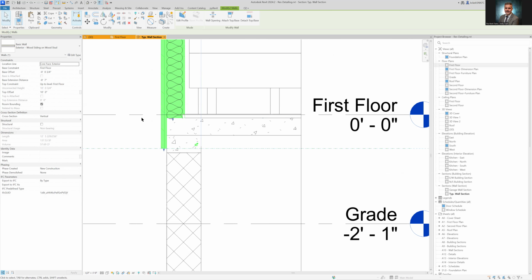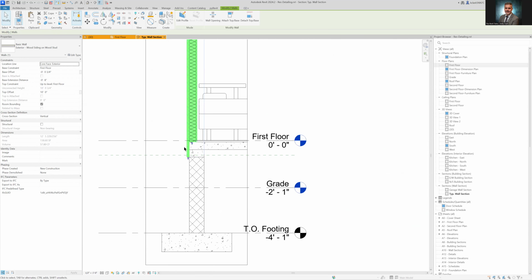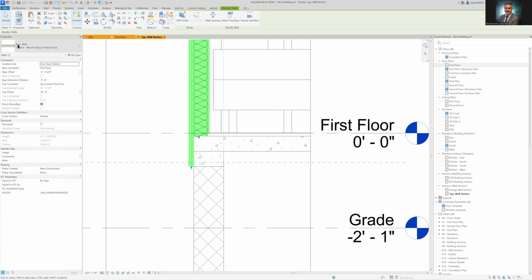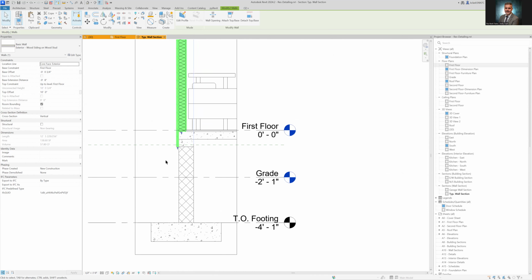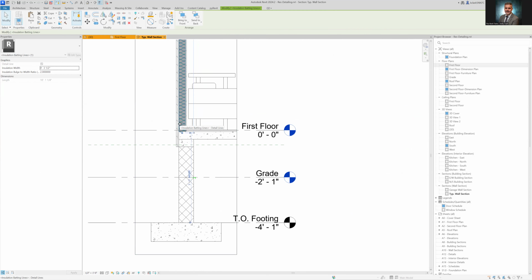Also, these properties are residing right here in the base extension distance, which is a -7 inches below my floor. I'd like to go actually 8 for this one. Okay, let's go 8. All right, there we go. So now that finish, by the way, has reacted in 3D because it's part of the original wall. So this has definitely happened in 3D, not just this view here. So everything we have so far is three-dimensional except for this guy. The insulation batting is the only thing 2D, which means it only shows up in this typical wall section that